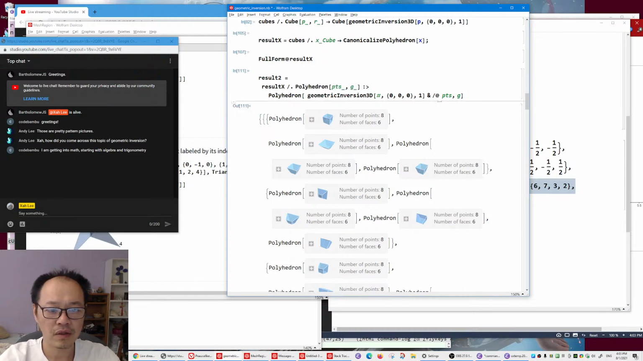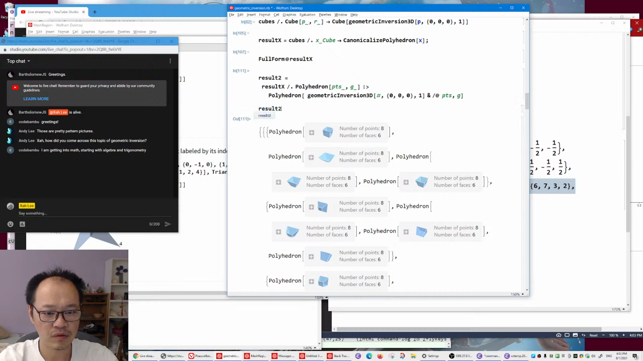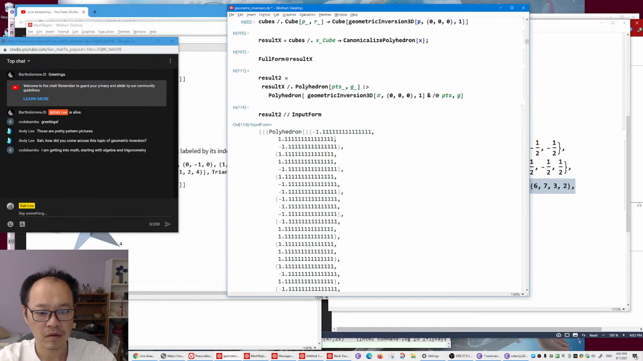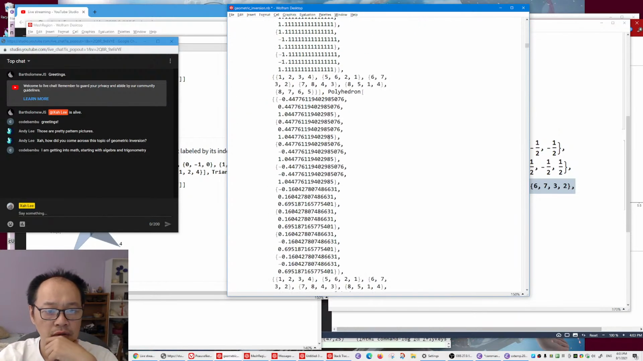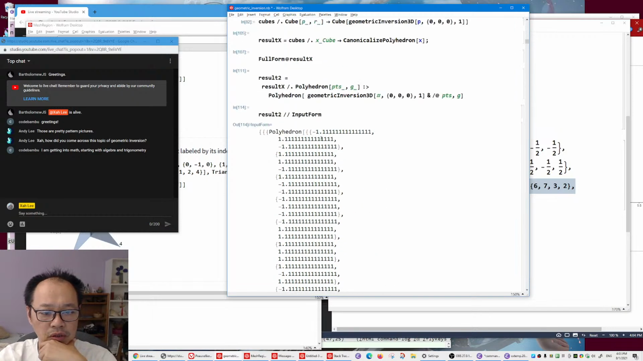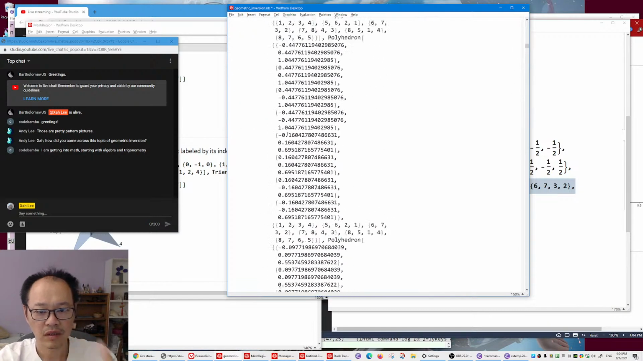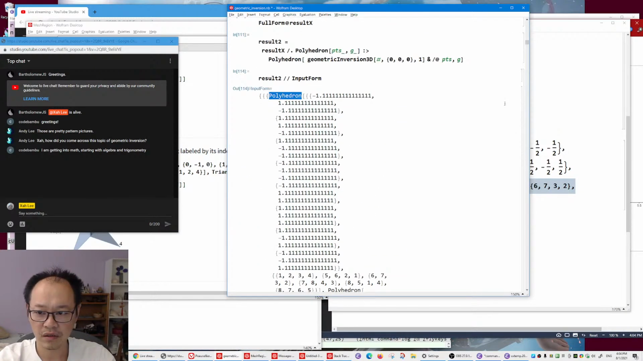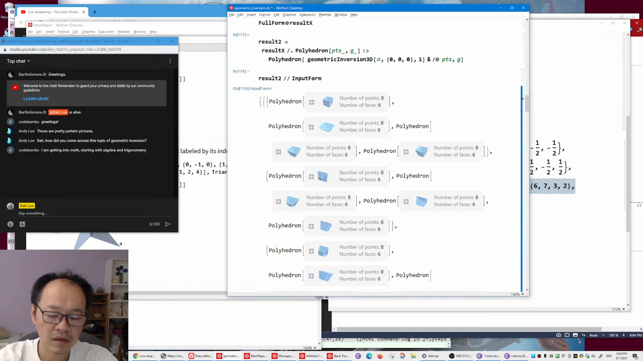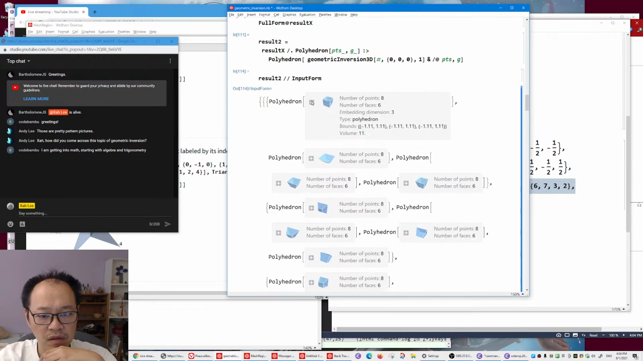What is result 2? So result 2 is a bunch of polyhedron. Okay, so if we make this into a standard form, so polyhedron,